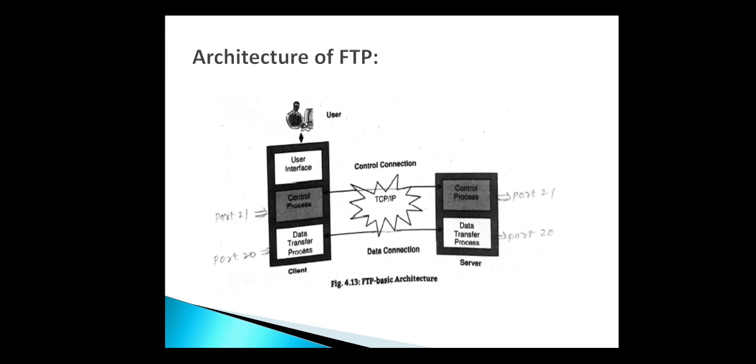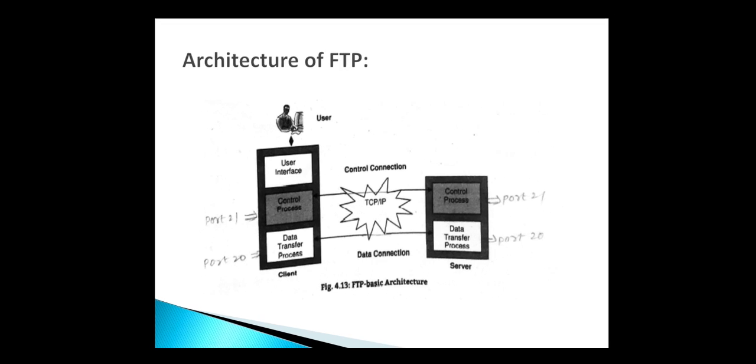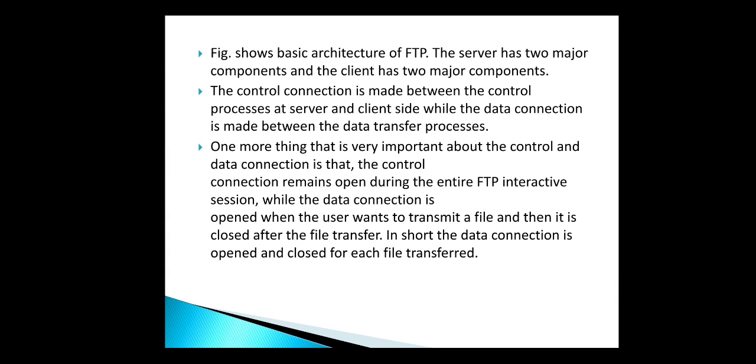This is the architecture of FTP protocol, that is file transfer protocol, which works on port number 20 on client side and port 20 for control connection and port 21 for data connection. Figure shows the basic structure of FTP. Server has two major components and the client has two major components. The control connection is made between control processes at server and client side, while the data connection is made between